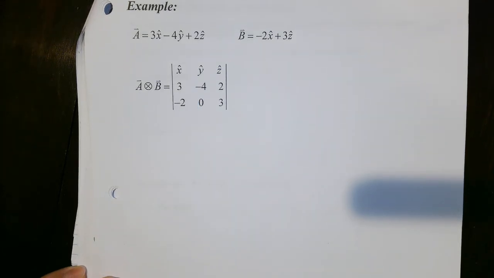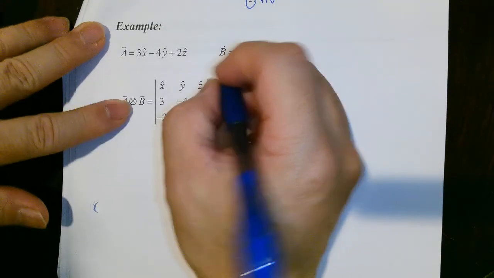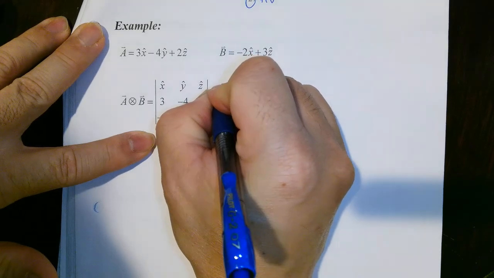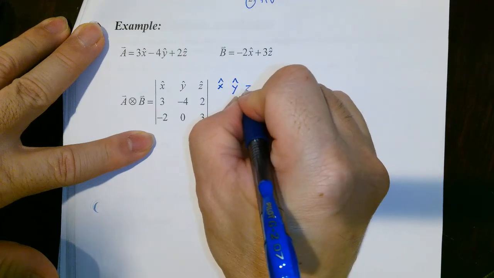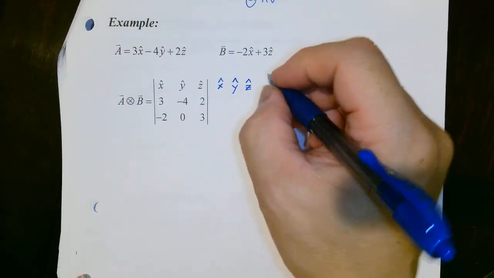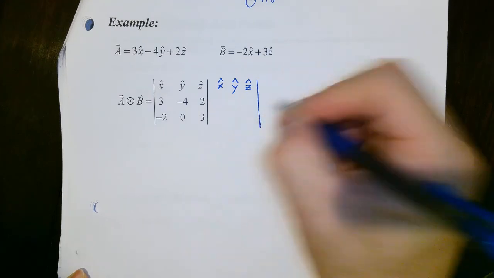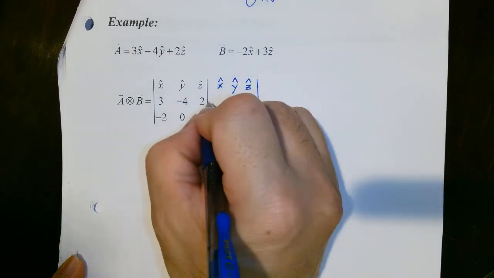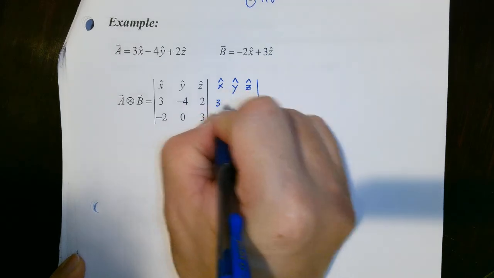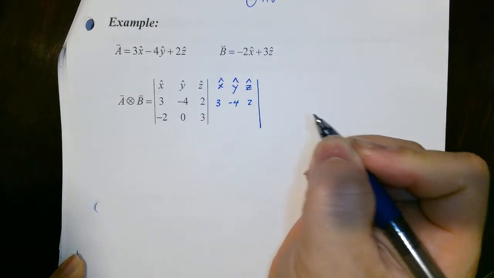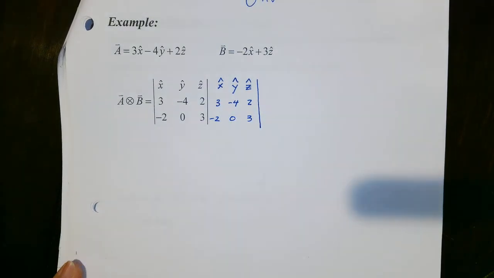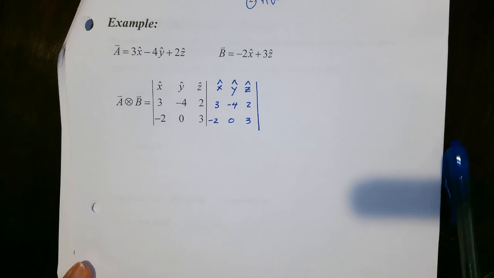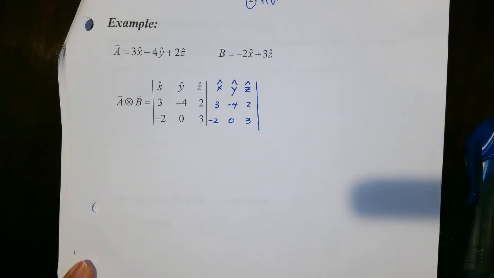All right. So the way I like to do my cross product using matrices is I like to extend my x hat, y hat. You can even go further and put the z hat down if you want to. There's nothing wrong with that. And then if you were to write these across, 3, negative 4, 2, negative 2, 0, 3, okay? Then you can do the cross product by doing simply